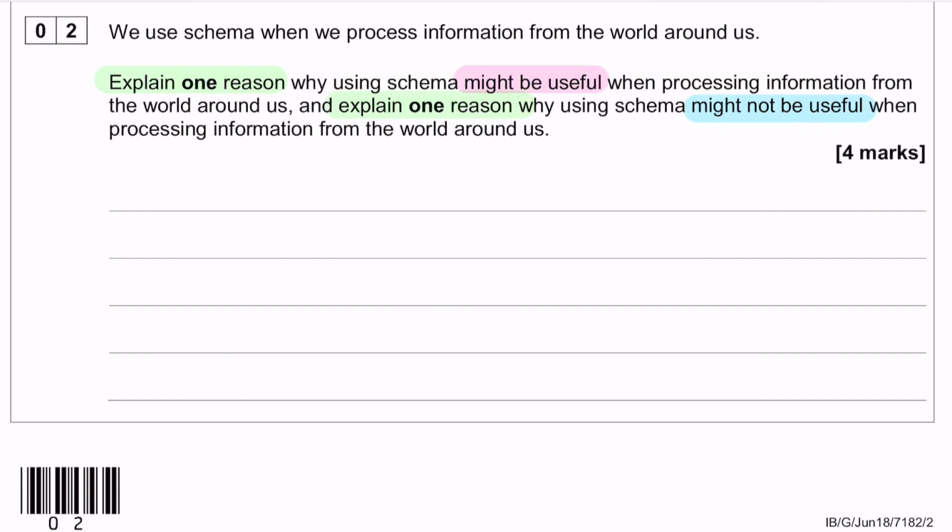Right, guys, this is question 2 from the 2018 paper 2. It is just a 4-marker on schema, so it is a cognitive approach question. Now, if you remember, schema are packages of information that we have around people or situations or objects, and they help us to process information in the world around us, which is kind of what the question already gives you. You have to explain one reason why using schema might be useful and one reason why they might not be